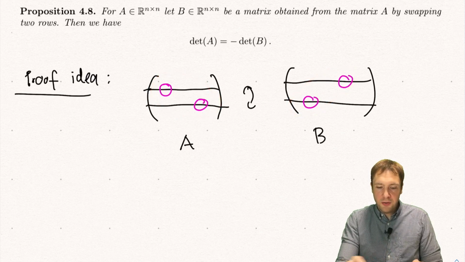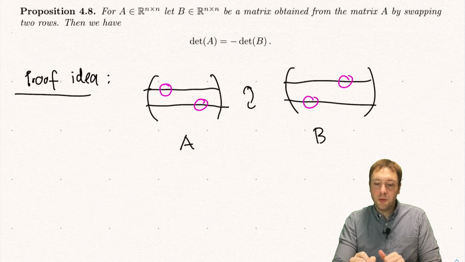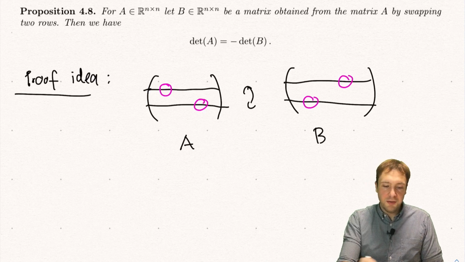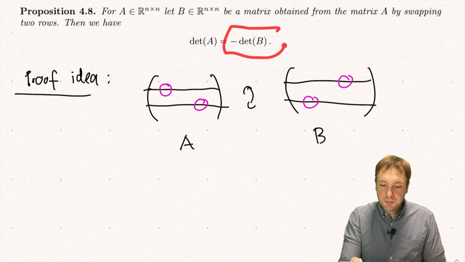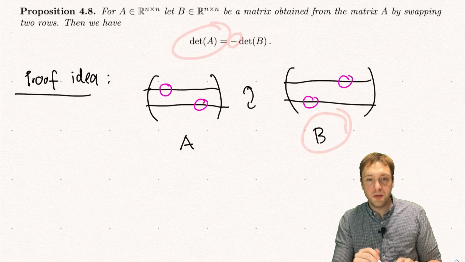And the other way around, if there was no inversion here, so something like this, then there will be no inversion here. So you see for each pattern, because I swapped just these 2 rows, I get exactly a change of sign in the definition of the determinant, and therefore the determinant of this matrix is the negative of the determinant